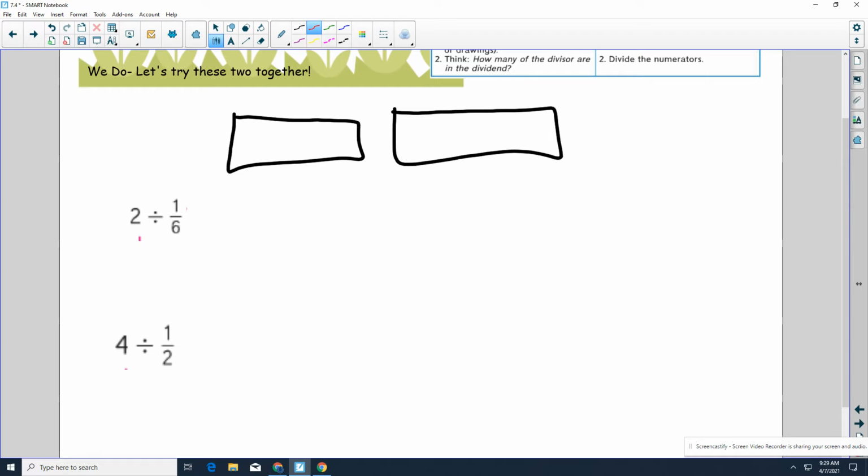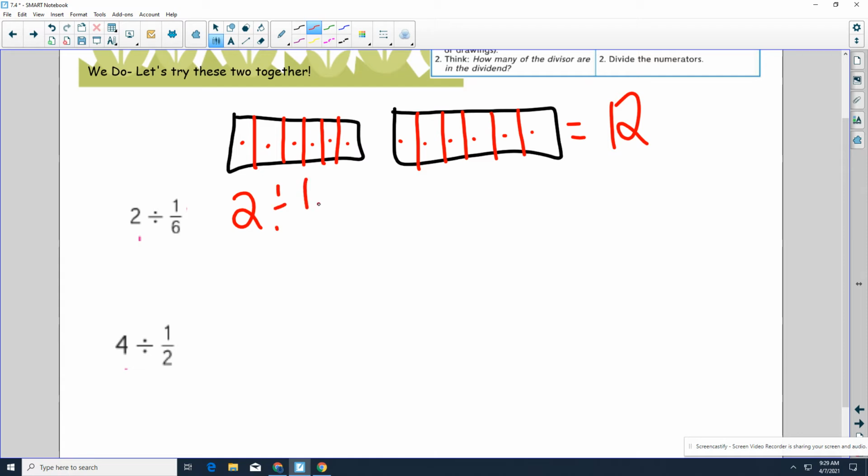You can do this if you want, but I'm going to split 2 boxes into 6. So 1, 2, 3, 4, 5. 1, 2, 3, 4, 5. Now, I have 1, 2, 3, 4, 5, 6, 7, 8, 9, 10, 11, 12 1/6 boxes. And now let's do it with the common denominator method and see if we get the same thing